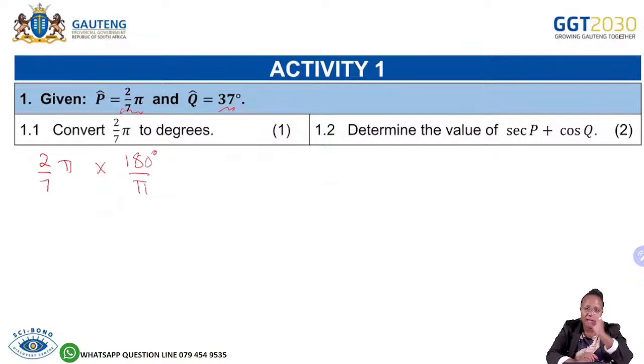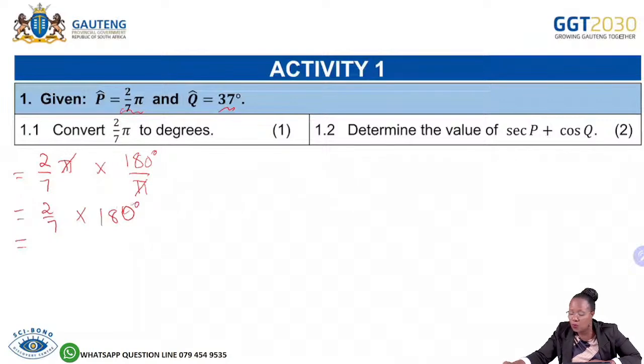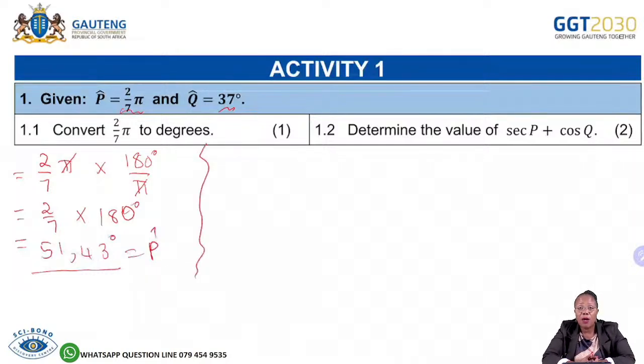If you have a radian, radian must be a denominator. If you are having a degree, degree must be the denominator, okay? And then now radian will cancel radian, and then we are having 2/7 multiplied by 180 degrees, and then this is giving us 51,43 degrees. That means that is angle P. Our angle P now is equal to 51,43 degrees. And then now 1.2,